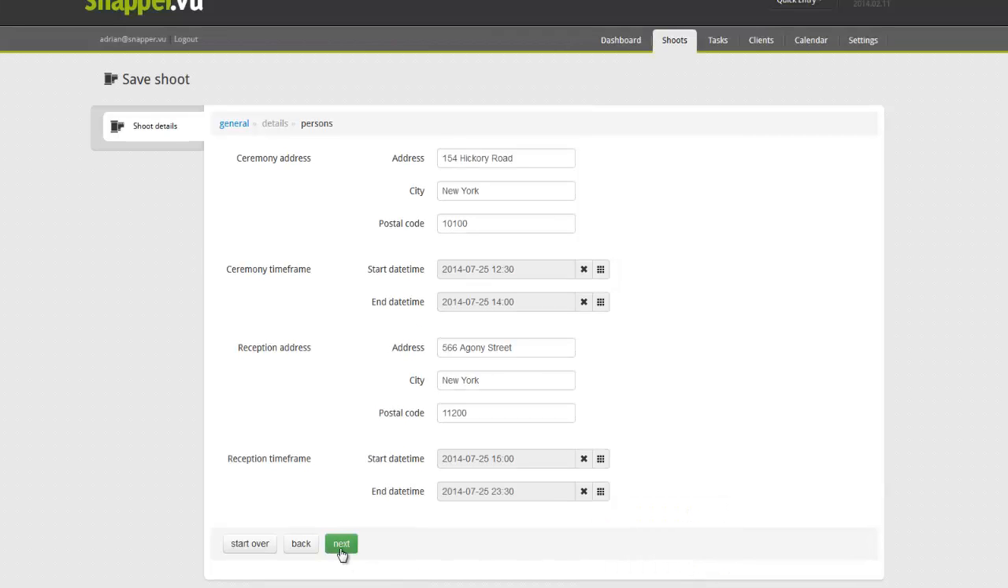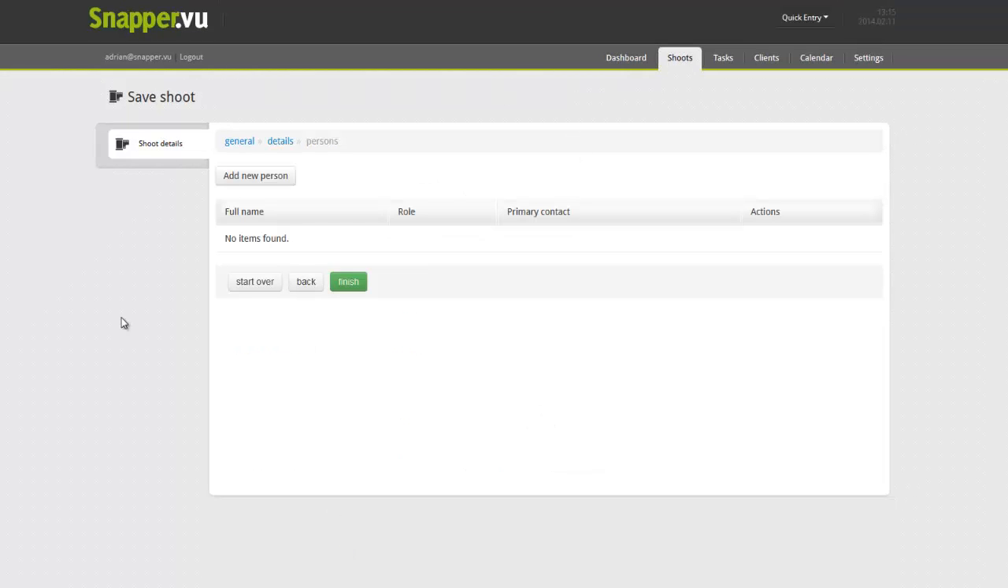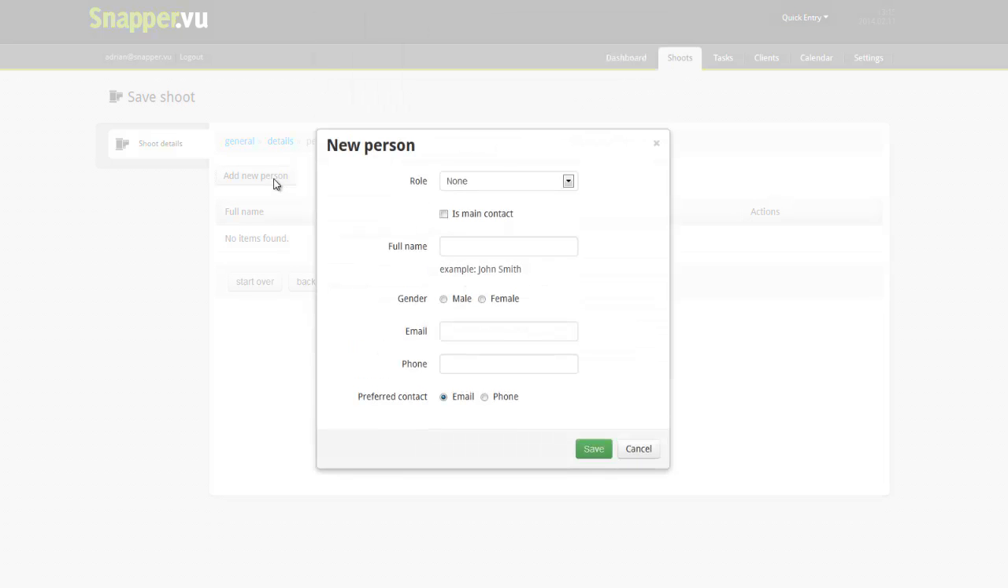Okay, clicking next. Now here you can add several people related to this shoot. Now the first thing that you want to add in a wedding shoot is the bride, of course. So add new person. We want to add the bride, which is the main contact that we're always going to talk to when we have some concerns related to the wedding. Now the bride's name is Alexandra, and as you begin to type, Snapper will automatically recognize her as a client and autofill the following fields that you have right here, because Snapper already knows the contact info of this person,